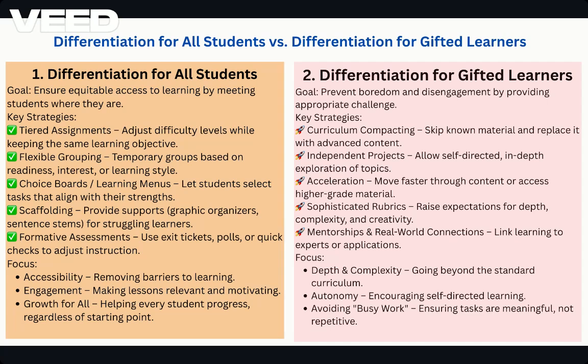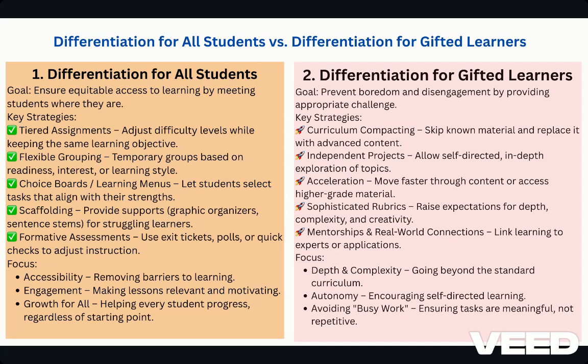The goal for gifted learners is to prevent boredom, because they already know the content you're going to teach them. They are higher achievers in your class. And to prevent disengagement by providing appropriate challenges. If they are not engaged or interested, that means something as an educator we are failing to support them with. So for curriculum, here we need to skip the material which is already known to them, and replace it with advanced content. It could be from another, higher grade level as well.